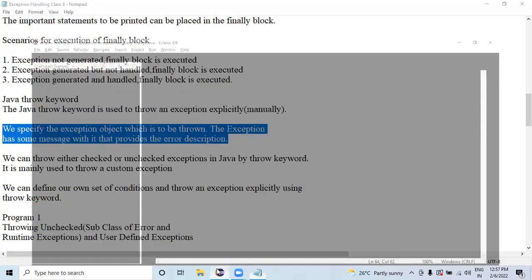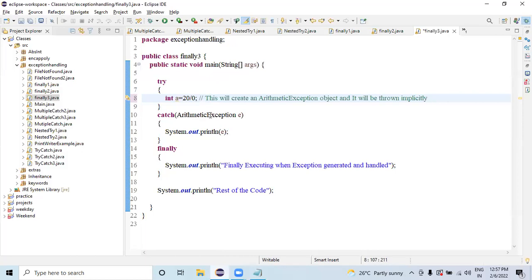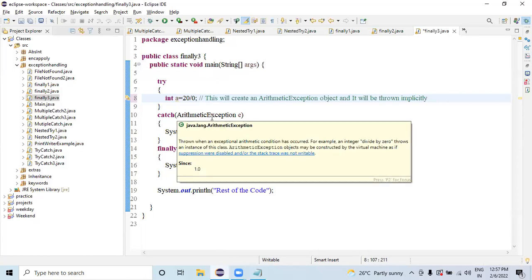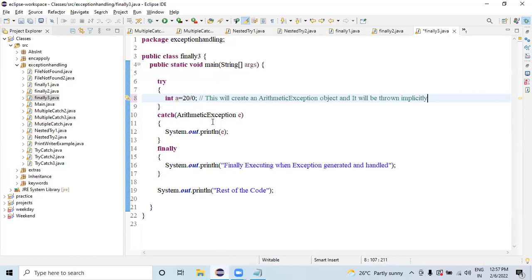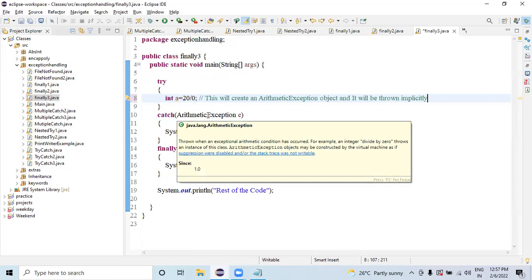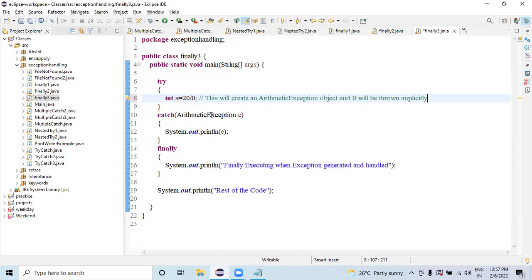As you can see here, these are all inbuilt exception classes. In a similar manner, I can create exceptions of our own class. I can create our own exception class, but all of them need to be subclasses of one of the existing exception classes. So in such a case,